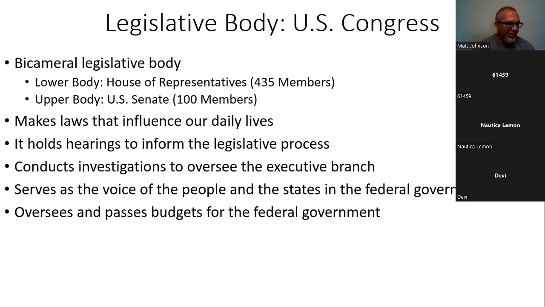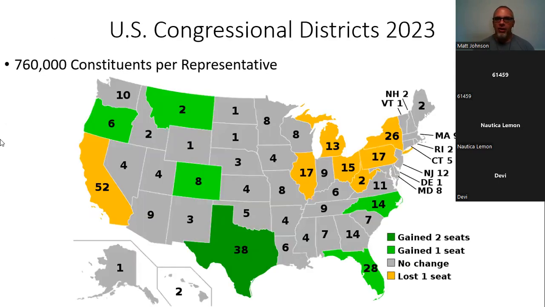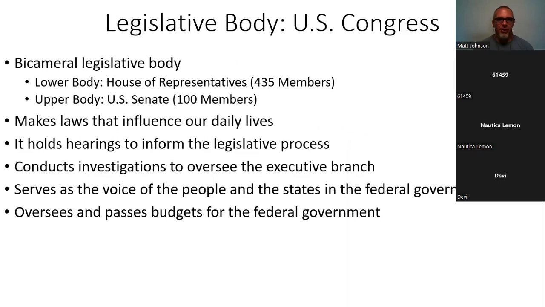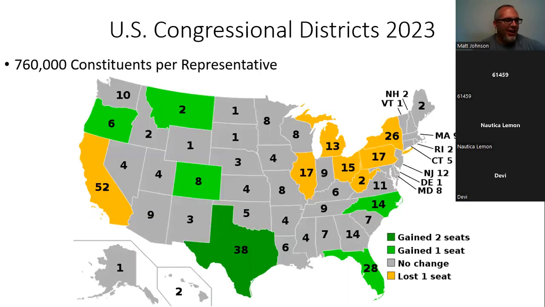So diving in a little bit to the House of Representatives and how do we elect those people? And why is there 400, what did I say, 35? Yeah, 435 members. So here we go. I'll talk a little bit about our map here too. So for starters,